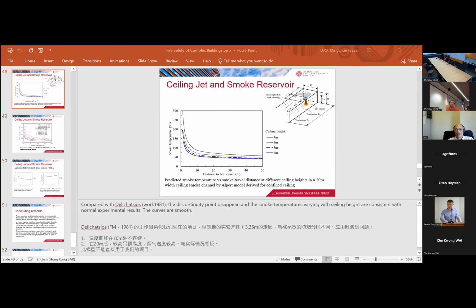In many cases, particularly in Asian countries, to specify the fan capacity you don't need to use a plume model. The regulations give you parameters, such as the extraction rate for each square meter, then you multiply by the total smoke zone area, and you get the total extraction rate to specify